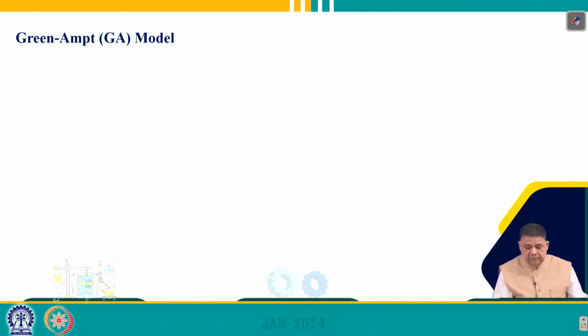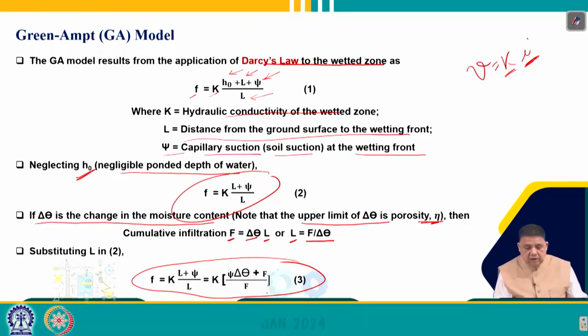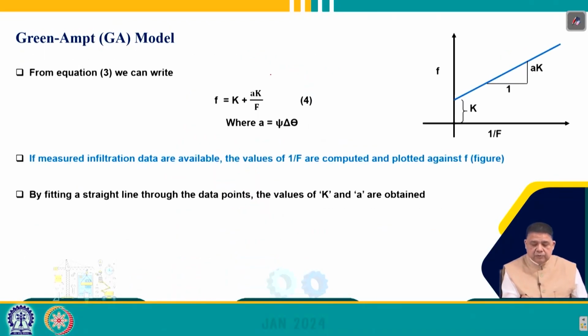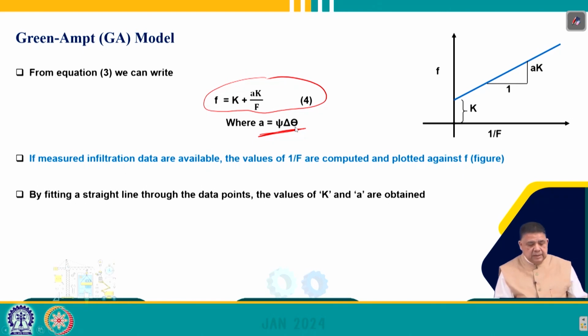Now, equation 3 we can also write in this form: F equals K plus AK by F, where A is psi delta theta. Now, the advantage of this form is that if measured infiltration data are available, the values of 1 by F are computed and plotted against time, and if you plot that, this is nothing but also y equals mx plus c, where the c intercept is K and m is